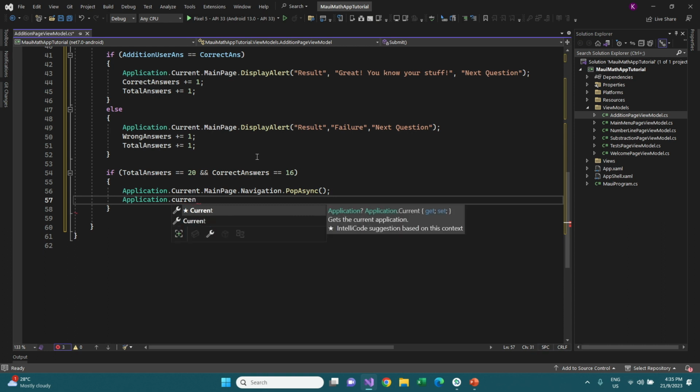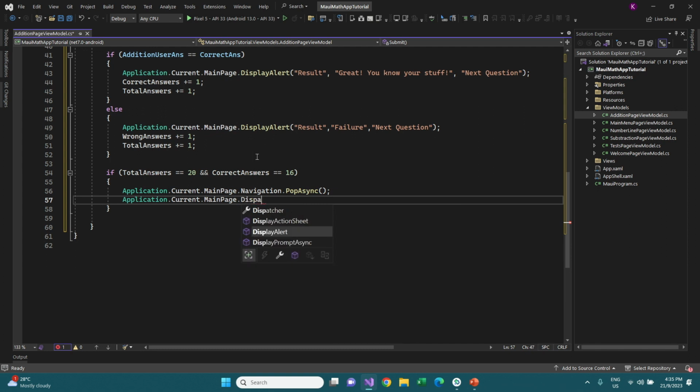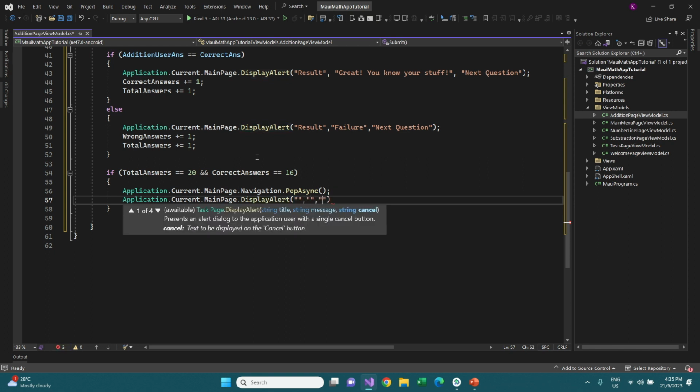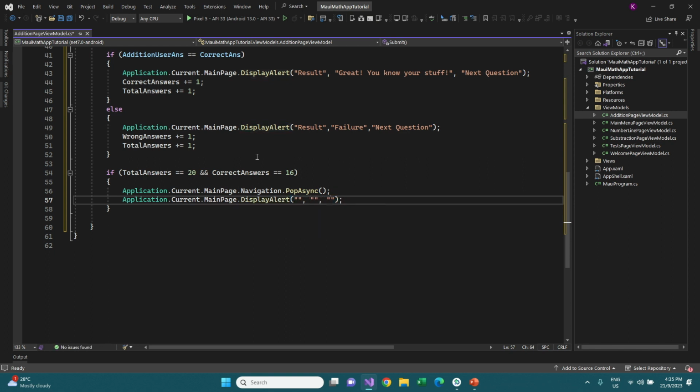Then we're gonna say Application.Current.MainPage.DisplayAlert, and this is when we display the alert. Okay, in the button, going to say whole test result as a title, and the description for his whole test result is going to be great, that he does his job very well. So we're going to tell him, great job,